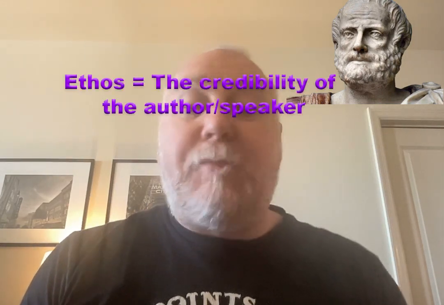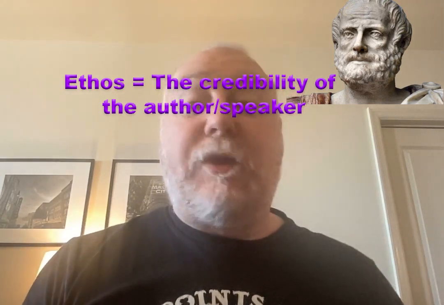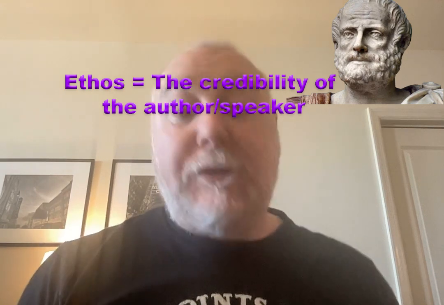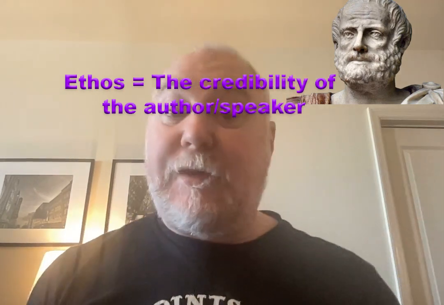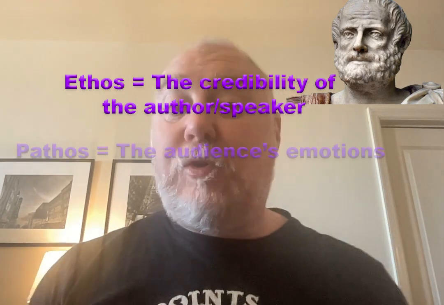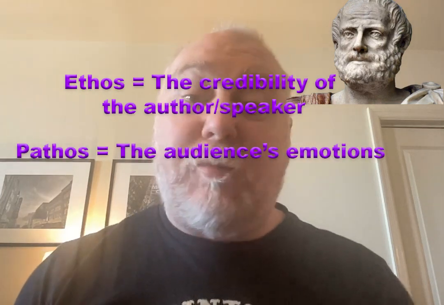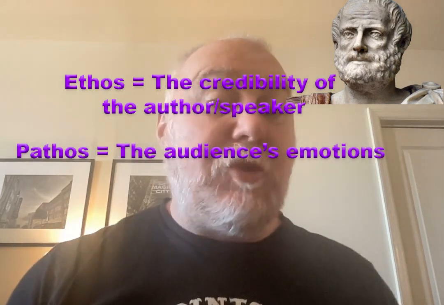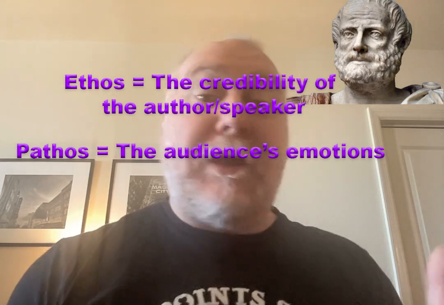Back in ancient Greece, a philosopher named Aristotle came up with some ideas about how you should use rhetoric most effectively. The first thing that you want to do as a speaker is you want to let people know that you are a person that they should listen to. This is establishing your credibility, and it is called an appeal to ethos. The second thing that you want to do is you want to connect to your audience on an emotional level, perhaps over some shared values. This is called an appeal to pathos.